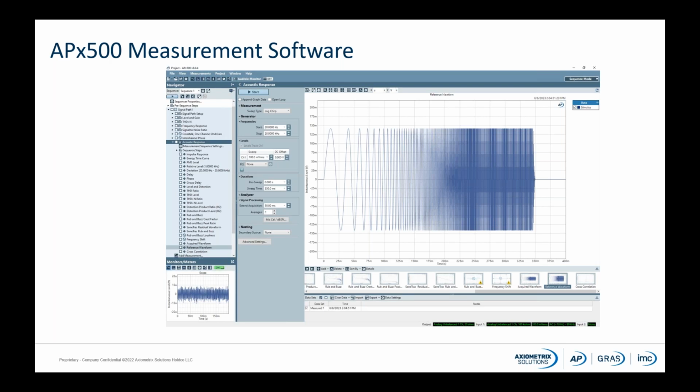This software controls the APX hardware in manual and automated applications. APX 500 can also be automated via the APX API using Visual Basic.NET, C#, MATLAB, LabVIEW, or Python.